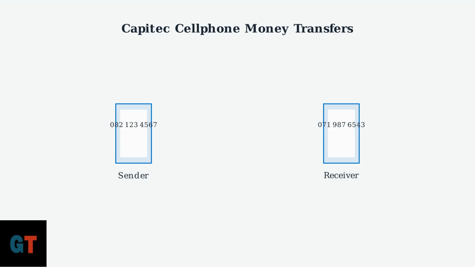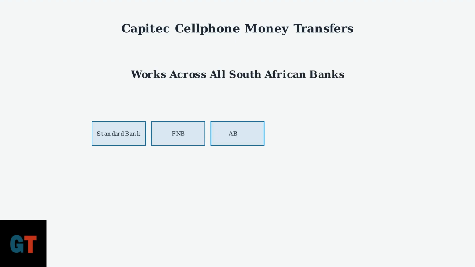which bank they use. Money flows seamlessly from your Capitec account to any South African bank account using just the recipient's mobile number. This service works seamlessly across all major South African banks. Whether the recipient banks with Standard Bank, FNB, Absa, Nedbank, or any other local bank, they will receive the money